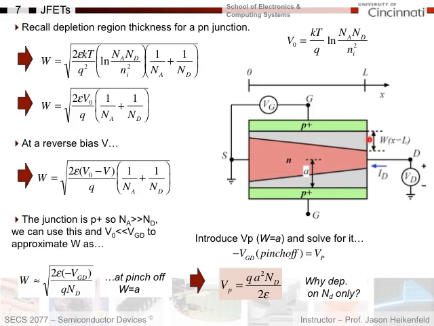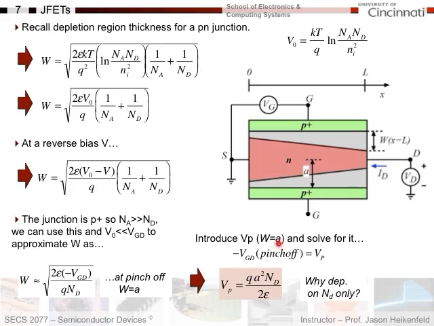So, my depletion region width at pinch-off is equal to this here, where I simplified it down, VGD, and it's just ND because it's P plus N. Okay, introduce some more terms here. At the point of pinch-off, my depletion region width will equal A, which is half the channel width. So obviously if I want to deplete the whole channel and pinch it off completely, it needs to go all the way to this distance A, which is half the channel width. And so what we'll do is we'll substitute in W equals A,